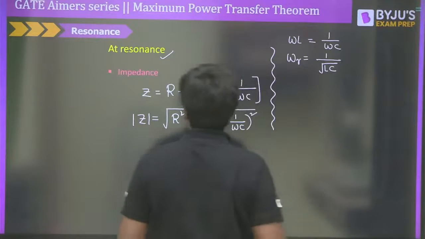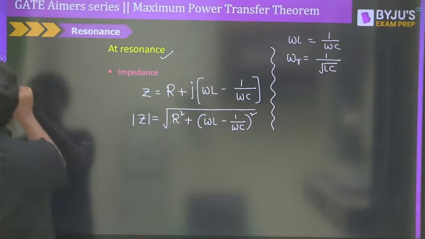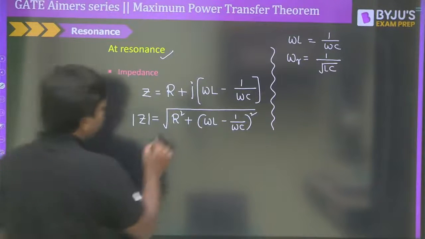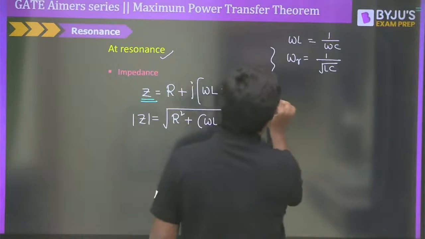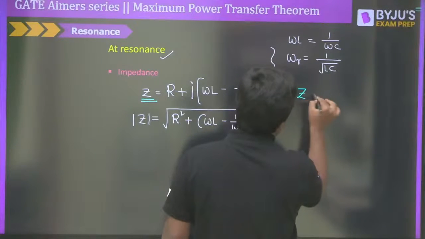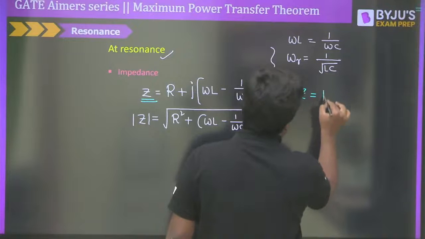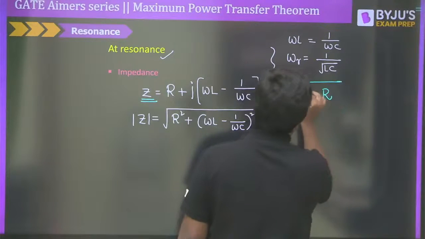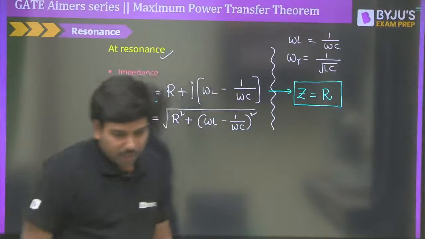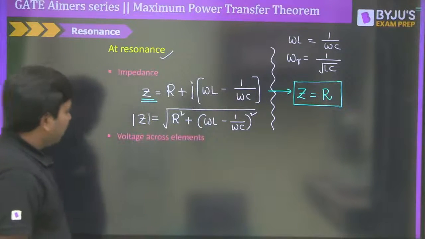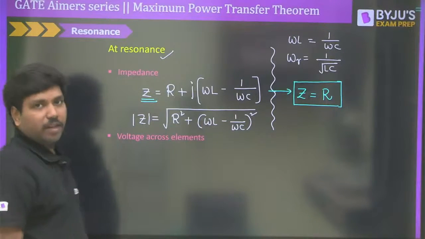If you put this, then you will understand clearly what the nature of the impedance is now. Look at that, the impedance, what is it going to become? This will turn out to be Z equal to simply the resistance R. This is very, very important. I hope you really got the point here, correct? So now moving ahead, what are the voltages across each and every element?